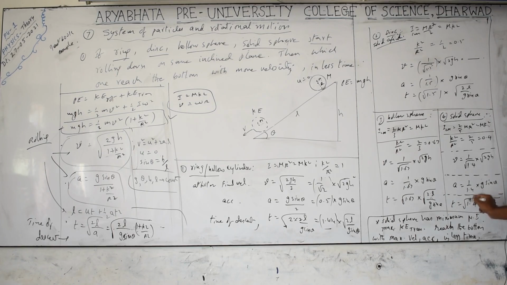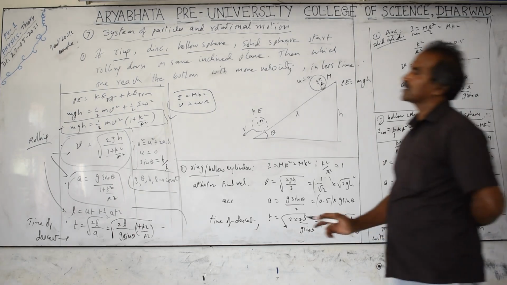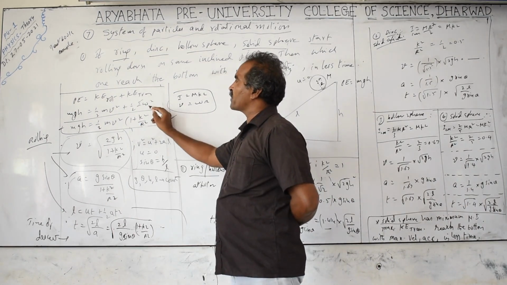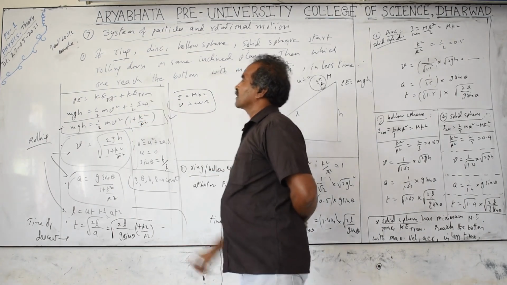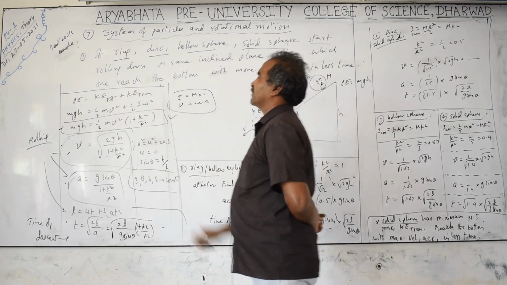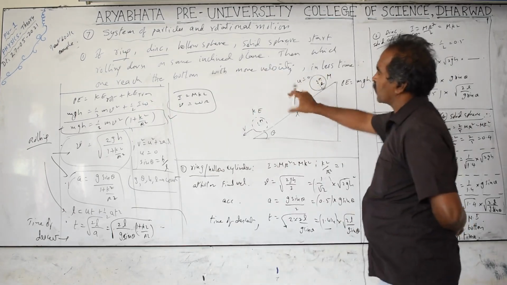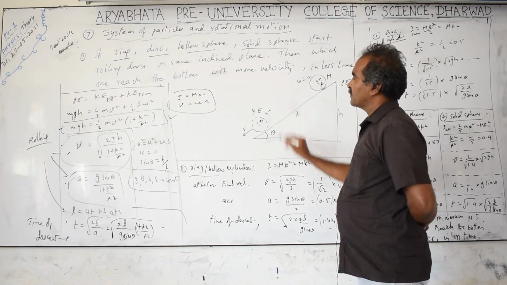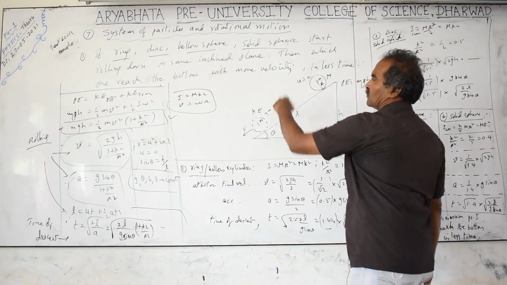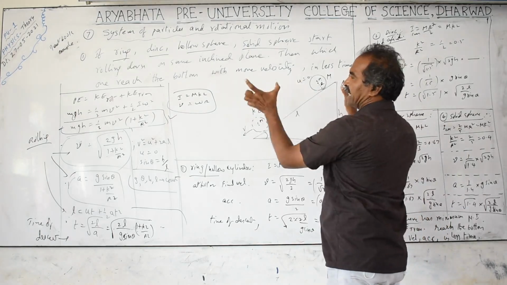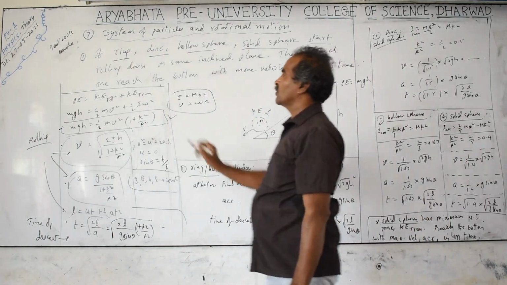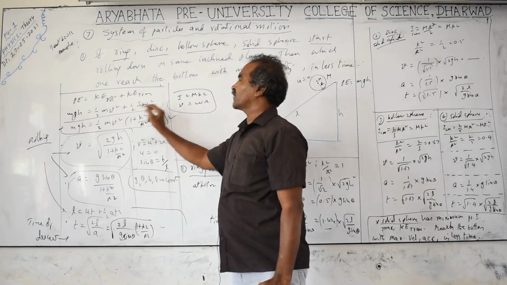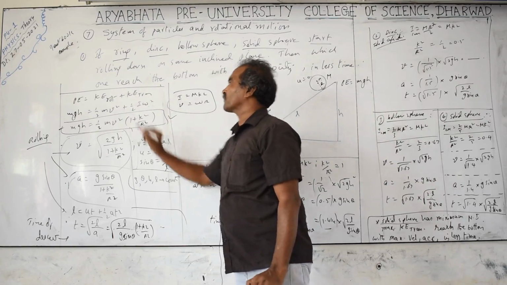So in this case, if you check up the values of velocity and acceleration, the solid sphere will have the minimum moment of inertia. I is minimum. Total kinetic energy is translation plus rotation. If I is minimum, omega is maximum. If I is maximum, omega is minimum. That means if the moment of inertia is more, it rotates more. Rolling motion is also there, but it is represented in the final expression in terms of the angular velocity. If I is more, as for hollow objects where mass is at the end point, the moment of inertia is more. If I is more, omega is less. When we compare omega and v, if omega is less, v is more.